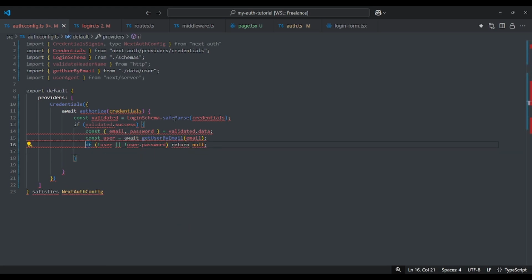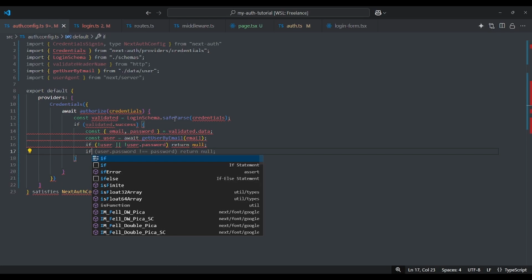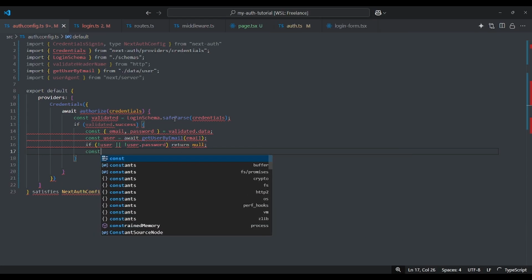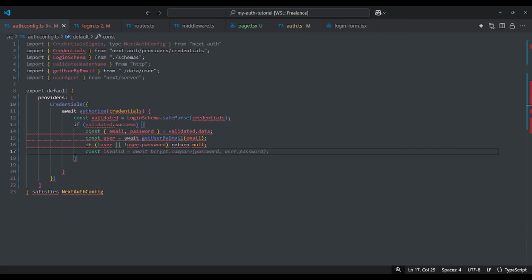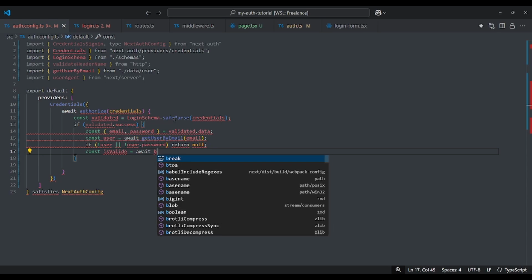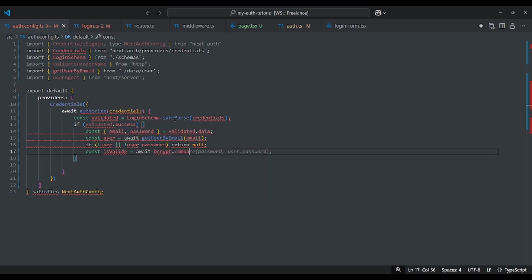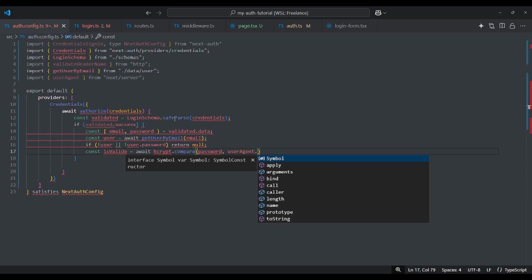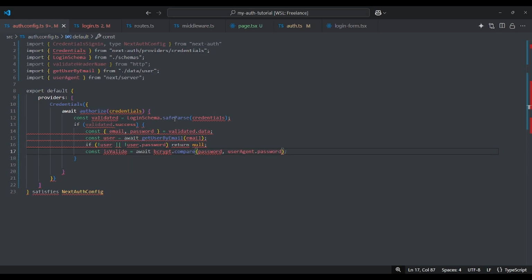Now if it passes this check, there is a user and there is a password, then we need to evaluate the password. Constant isValid, await bcrypt compare, to compare the given password with the user password in the database.